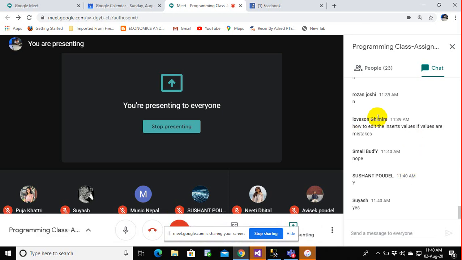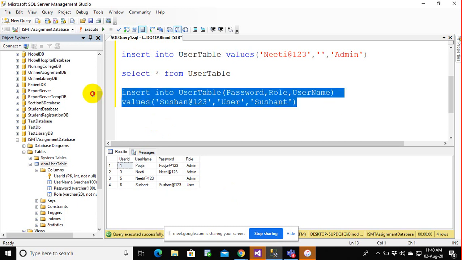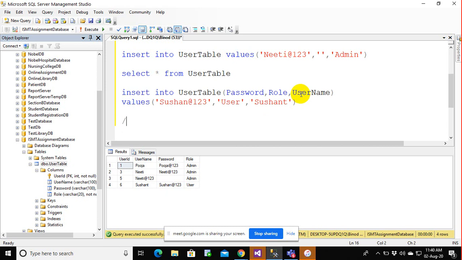Let me come back to the Luption question. Okay, Luption, I'm coming back to you now. So this is for the insert operation. Now let us say that we make a mistake in a value. Now how to make an edit operation? So for that we have a query called update. We have update query. And how update query works is